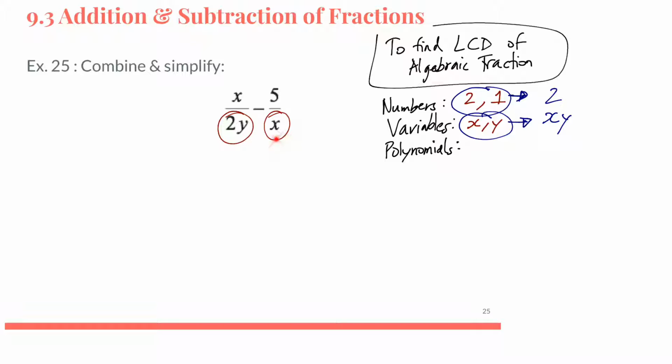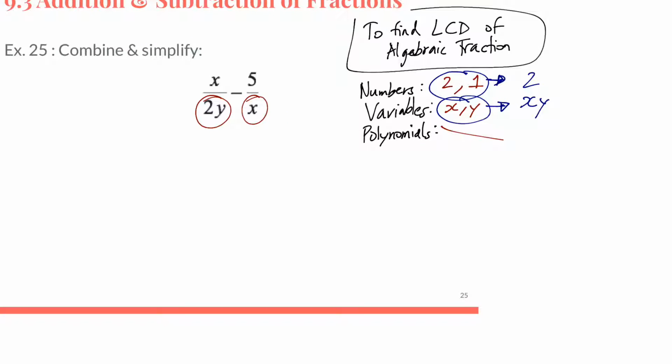But do you see any polynomials? Polynomials would be when you have multi-termed expressions. At the bottom, this is a single term, this is a single term. So there are no polynomials here. I could put a cross like that. So the overall LCM or overall LCD for the entire question is going to be the product